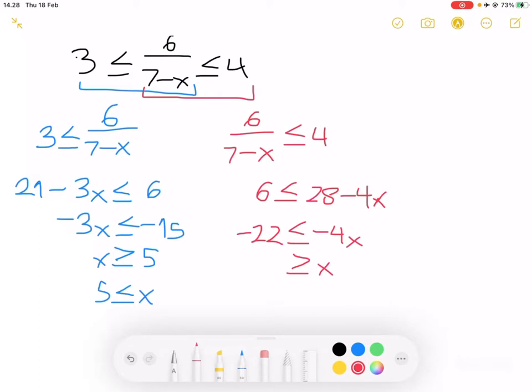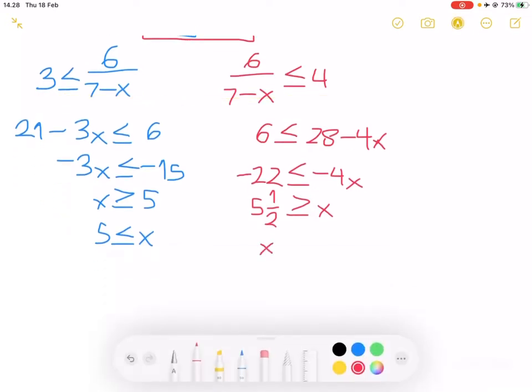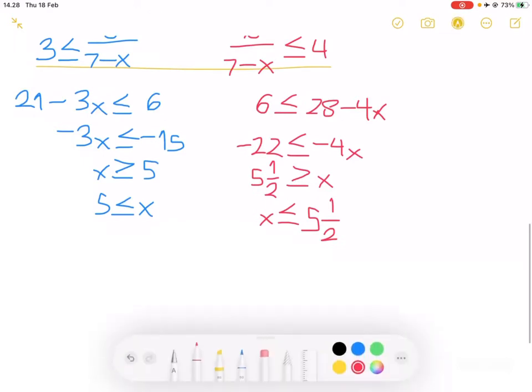So x is right here. And then negative 22 divided by negative 4 is 5 and a half. And I'm going to rewrite this slightly differently, so it will be something like this. Now to combine these two inequalities together,